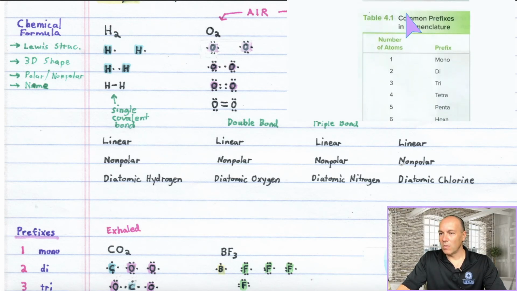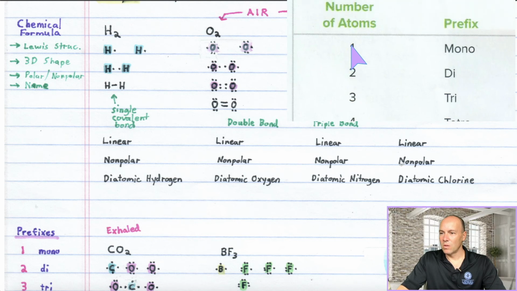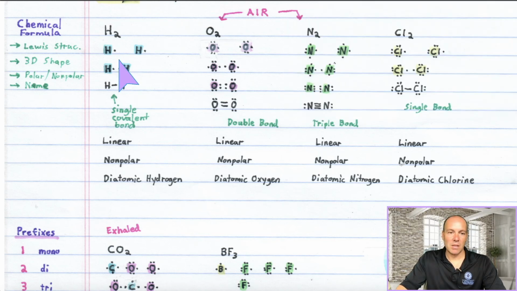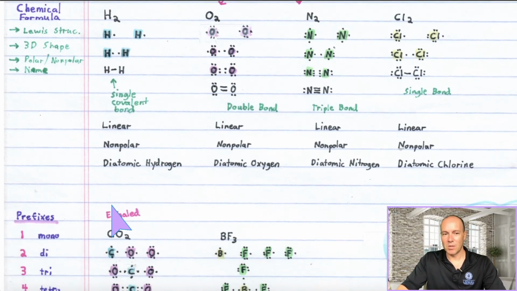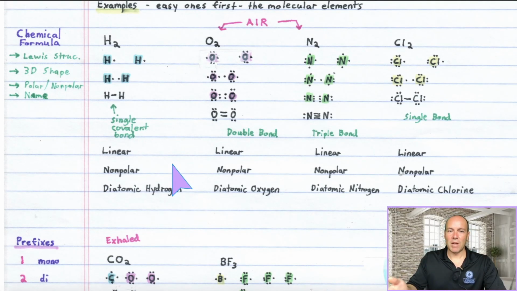Now the name of this, you go to table 4.1. So the subscript is 2 here, and 2 goes along with the prefix di. Okay, so the way we name this is diatomic hydrogen. Okay, the molecular elements have interesting naming schemes. This is how you do it. You have diatomic hydrogen. Other molecular elements like phosphorus come in the form of P4, so we would call that tetraatomic